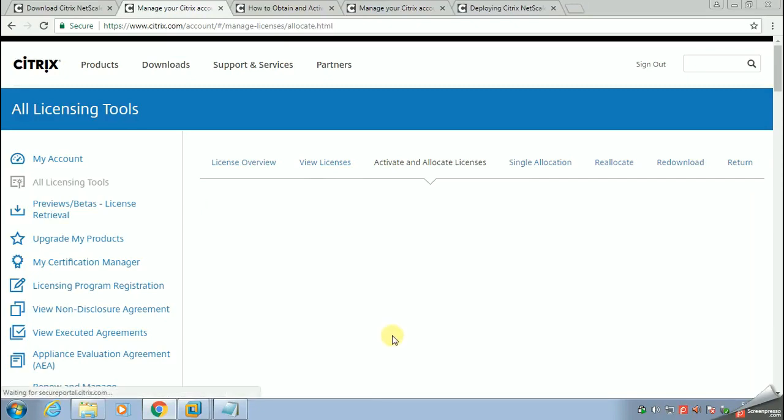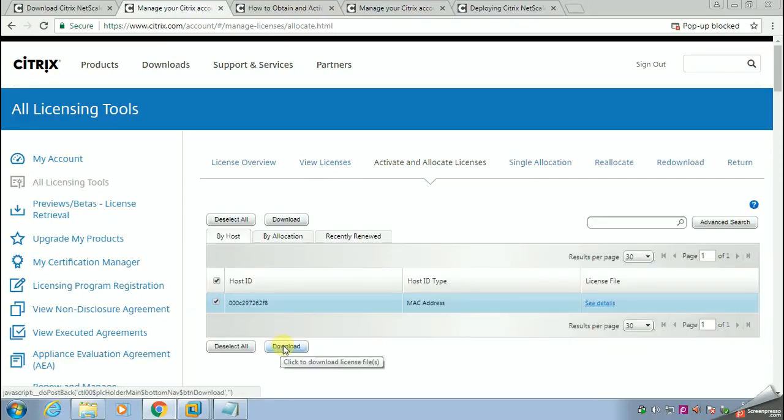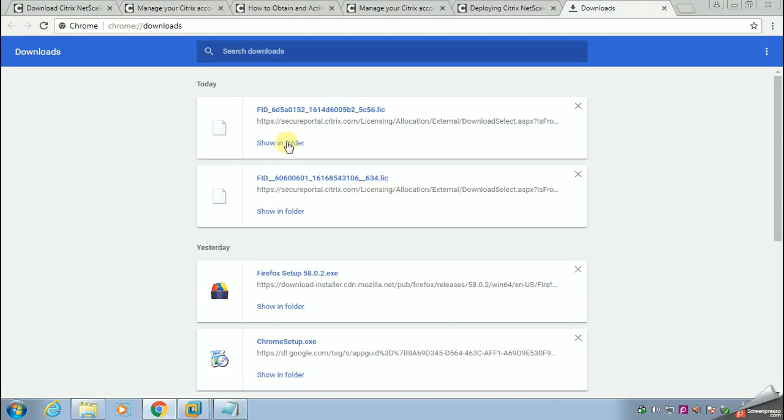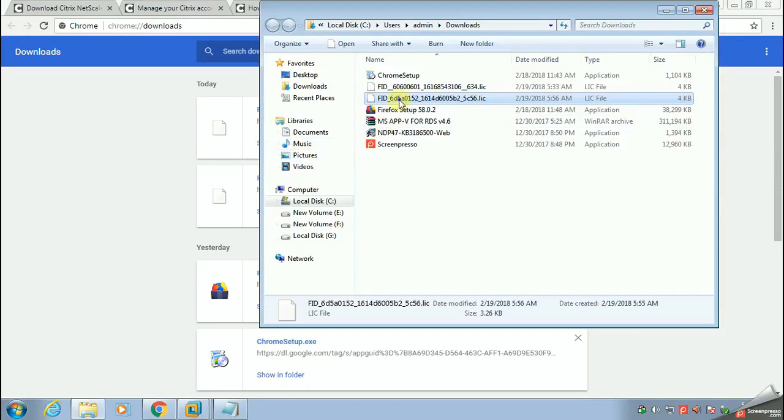Now you get the download option. Just click on download, and here you can see the license for the MAC address, and it's getting downloaded. Show in the folder. I will just copy that license file from here and